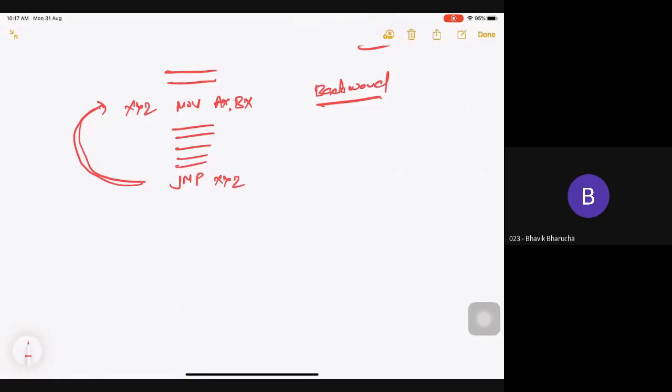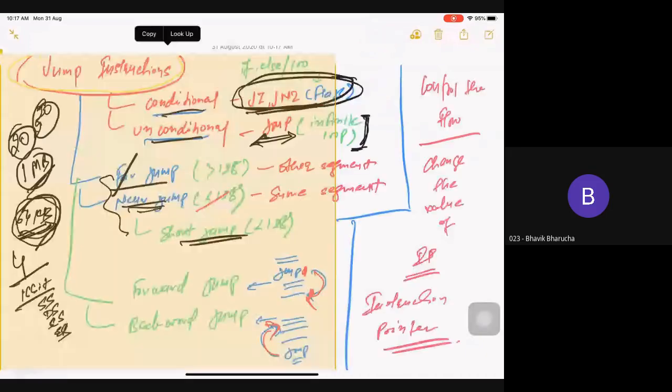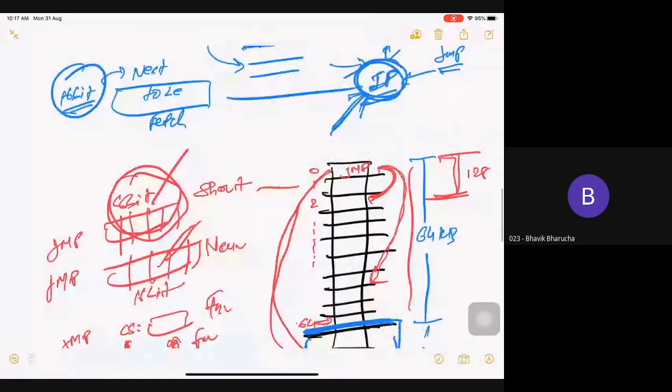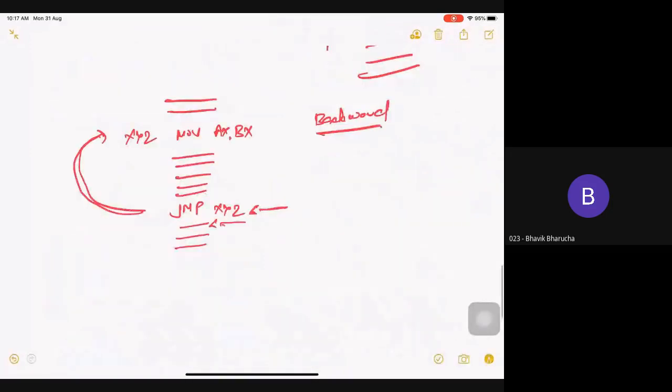In backward jump, now see again. Just for the understanding, I'm revising, so concentrate. Whenever a jump instruction comes, you need to change your IP value, the instruction pointer. Because when I'm executing this line, at that time my IP will be pointing to the next instruction.